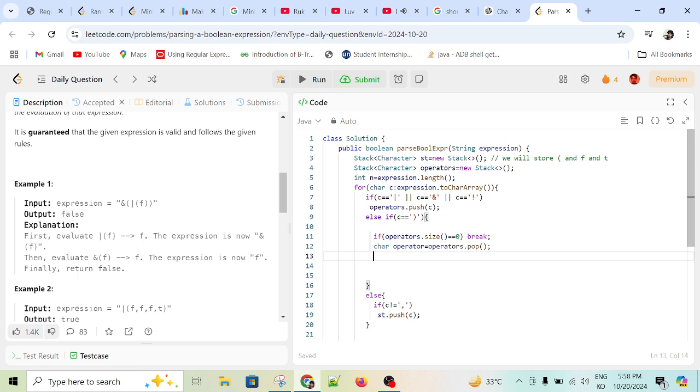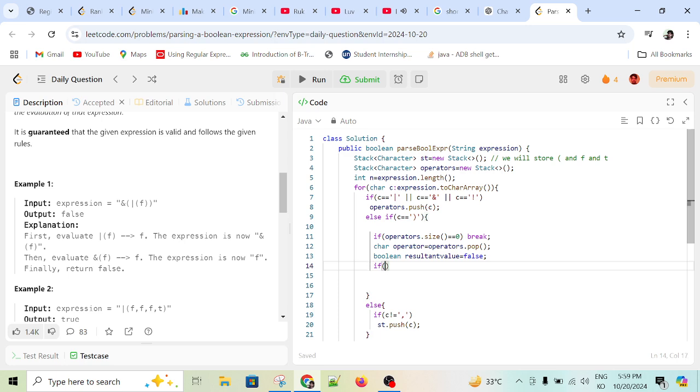So as I have also mentioned, you will have to take it, what can I say, the resultant value. At the beginning I will initialize this to false, but on the basis of what the operator is,